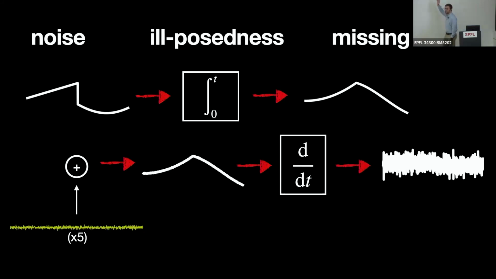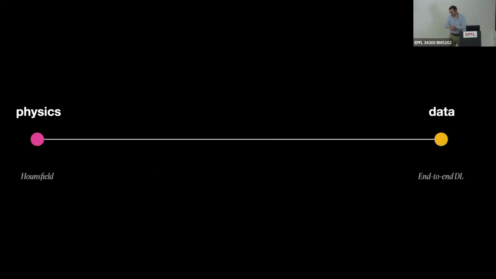Even with the smallest amount of noise, you get a completely useless result. And so now, in order to get a useful result, we have to start making assumptions about what kind of object we're trying to reconstruct. Historically, there are all sorts of assumptions one can make that are, in some sense, stronger and weaker. We can conceptualize this as a trade-off, or a big spectrum of possibilities, where on one end of the spectrum, we only use the physics of the imaging, the forward models, and on the other end, we only use data.